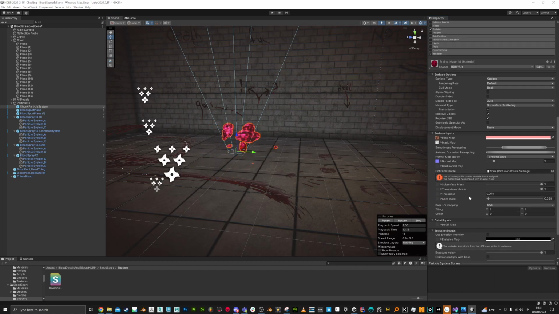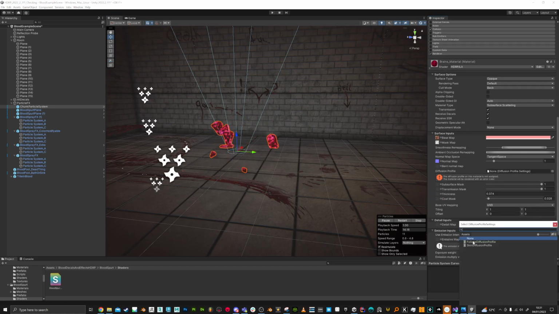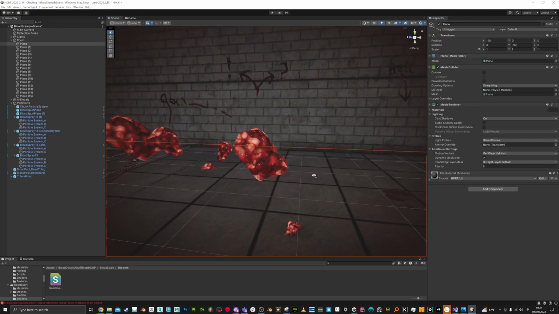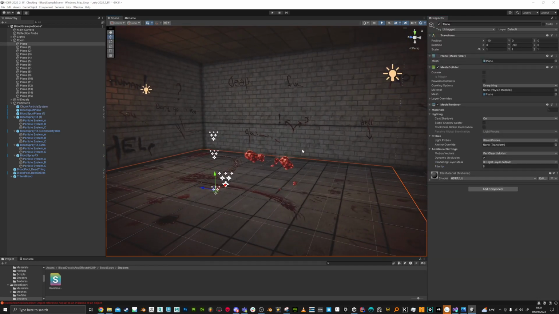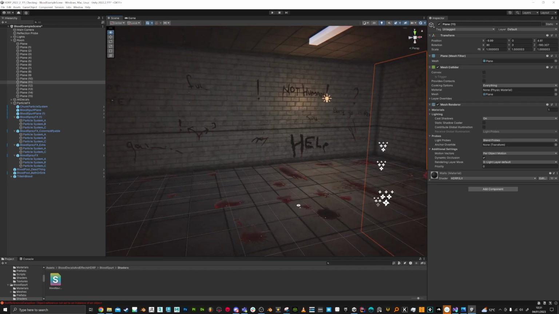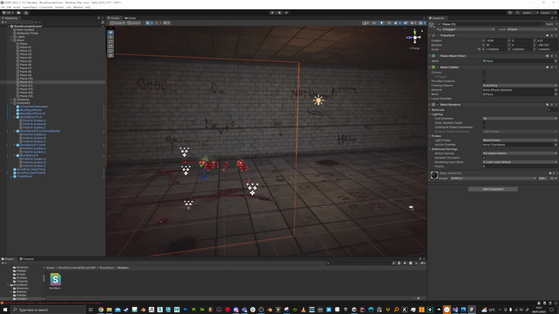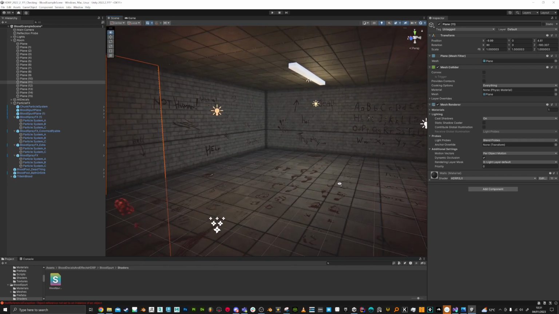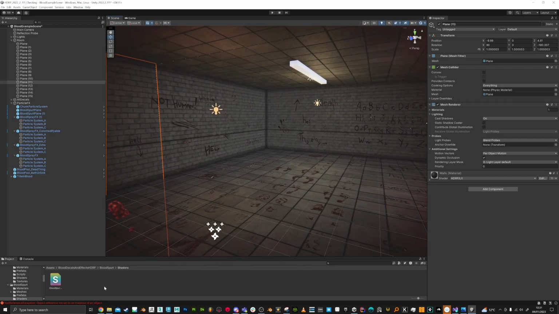Okay, there we go. So there's a missing diffusion profile in these. That's it. Yep, that's now fixed. So there's the things that you might need to fix if you're doing this yourself, if you've just ported your project over. But otherwise, I'm going to upload this as an update